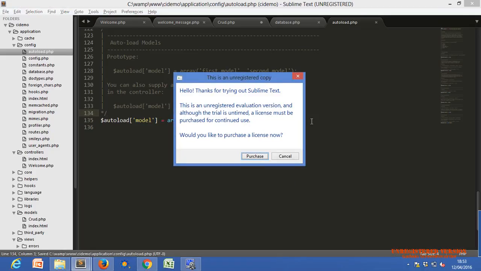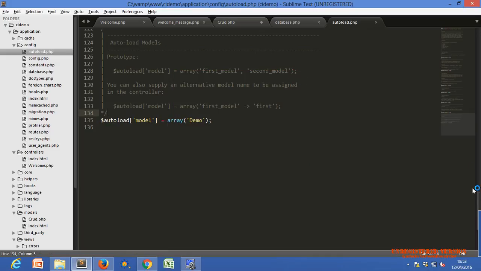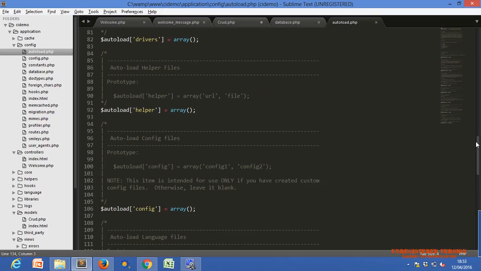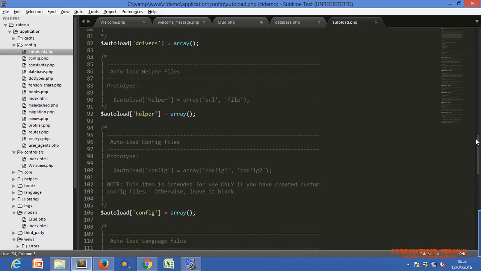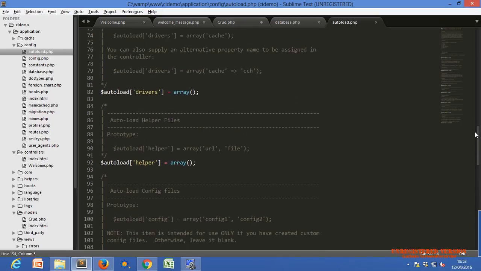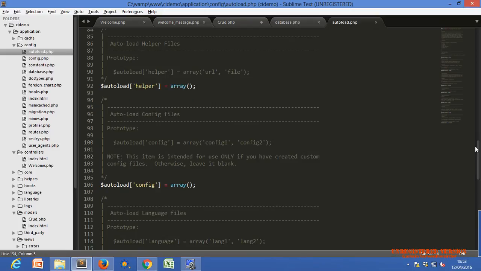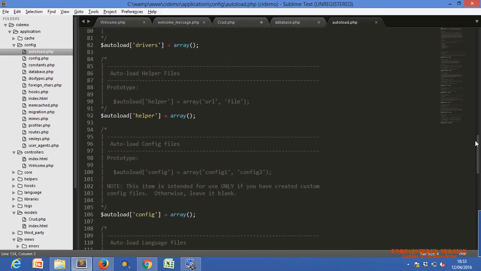So we have one demo model, and within libraries we need some drivers, helpers. You can see URL.